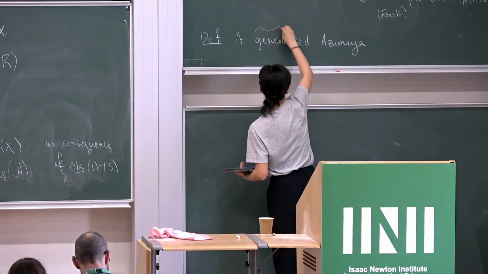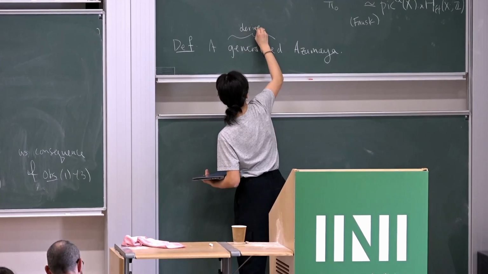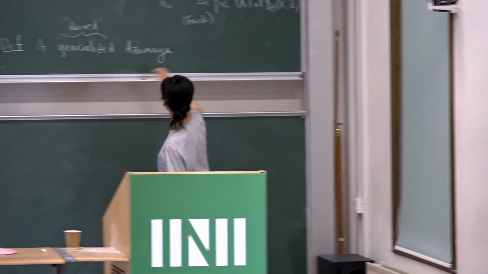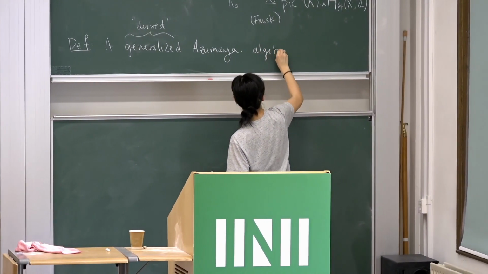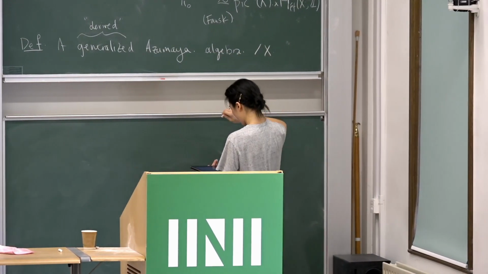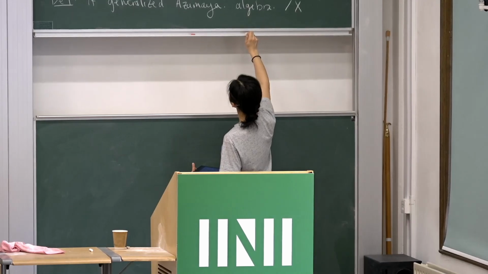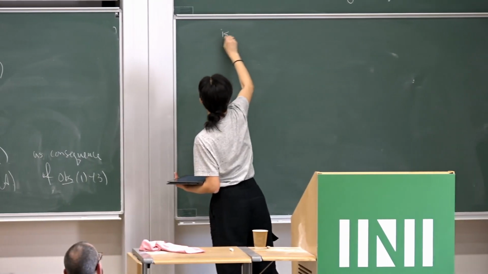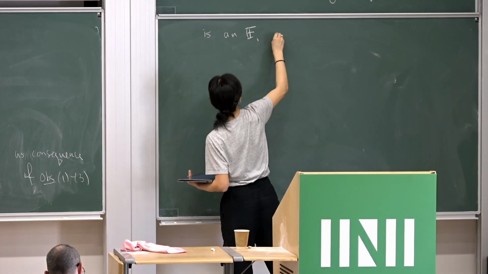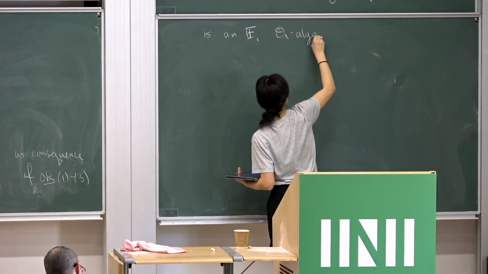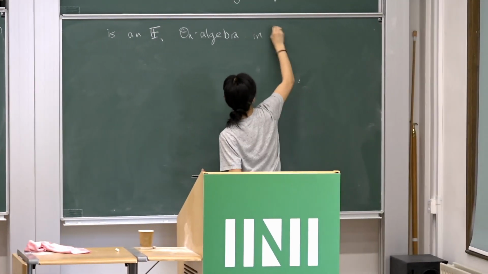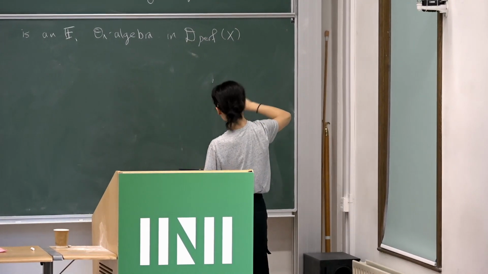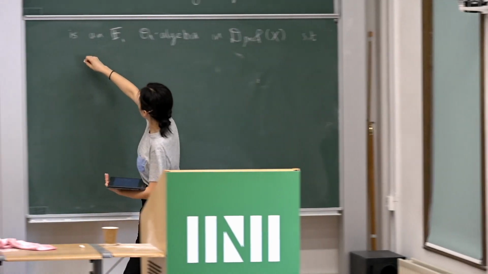Generalized or derived; somehow the terminology hasn't settled. A generalized Azumaya algebra over X is an E_1 O_X-algebra in D_perf(X), such that the canonical map